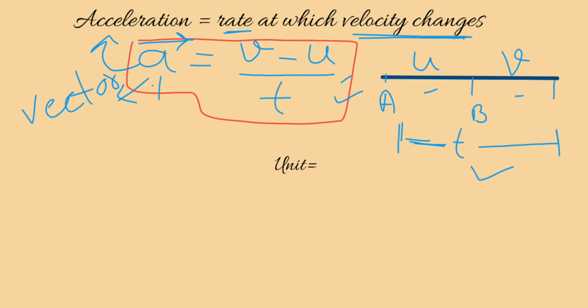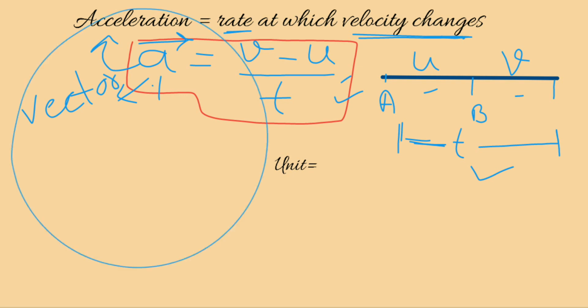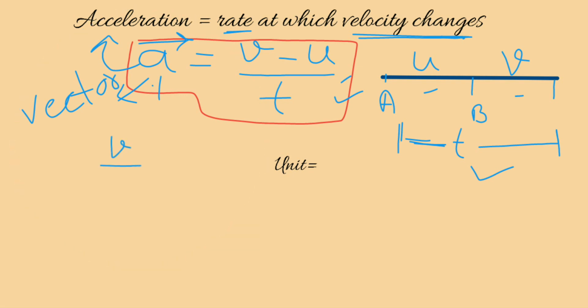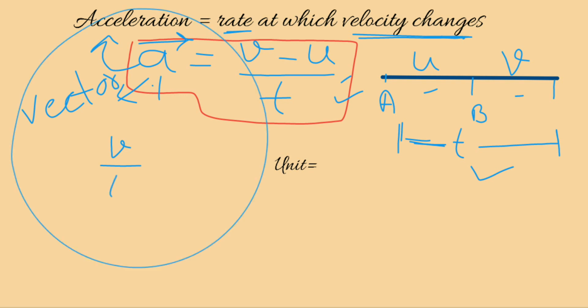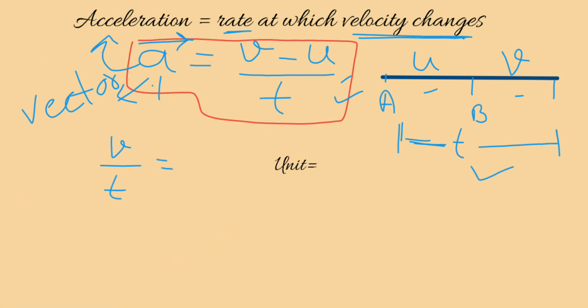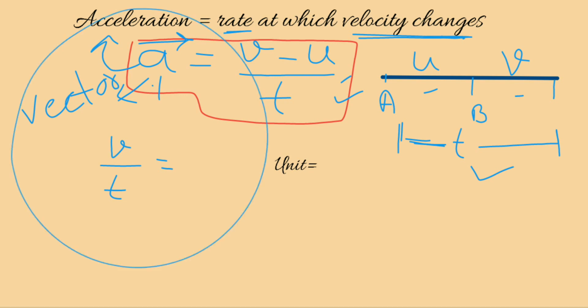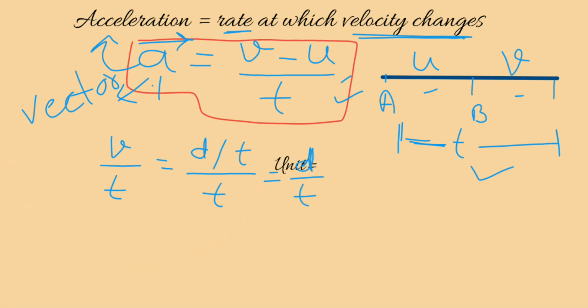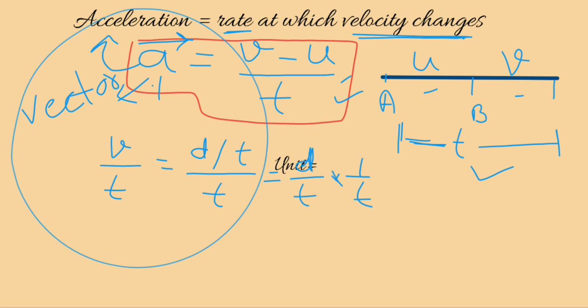Correct. Now if it is a physical quantity, we need to know what its unit would be. For finding the unit, we can see acceleration depends upon two quantities, velocity and time. Now, is velocity a derived unit or a base unit? We know velocity is a derived unit, derived from displacement by time. And time is another time, over here. Can we write this as d by t into 1 by t? Am I correct?